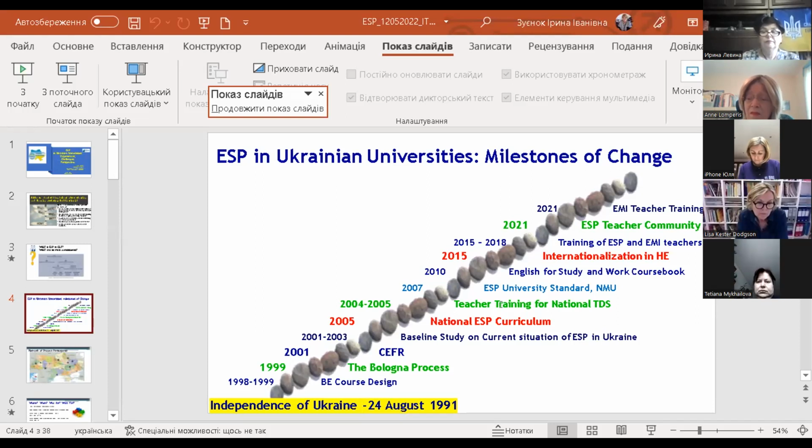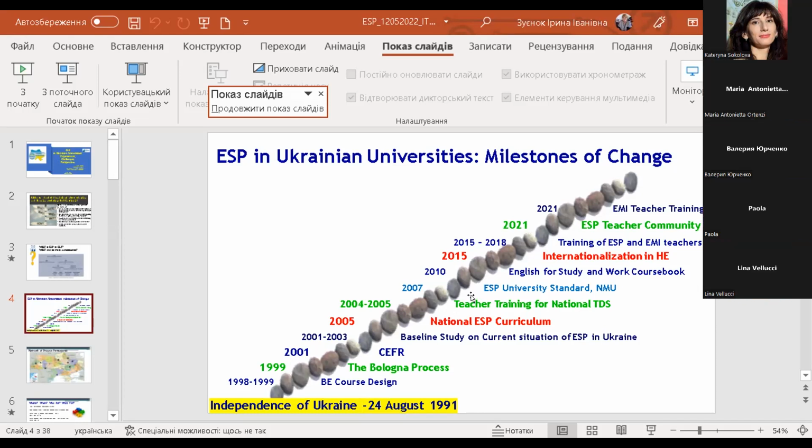professionally. People should be able to work with this curriculum, and you see that we were also trying to develop a national trainer development scheme. Then you see in blue the steps our university took. We developed the ESP University Standard. We designed the English for Study and Work course book. And mostly all this time we were busy with piloting and implementing the curriculum, finding what can be improved, updated and upgraded. And you see in 2015,